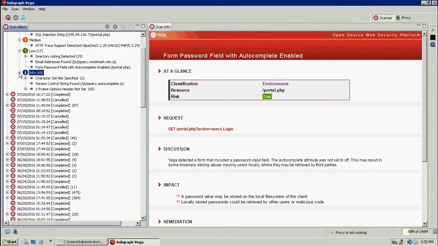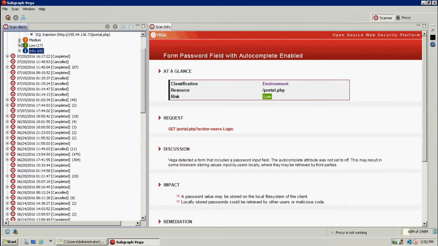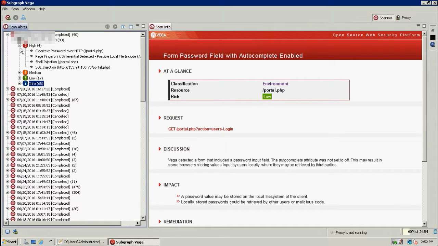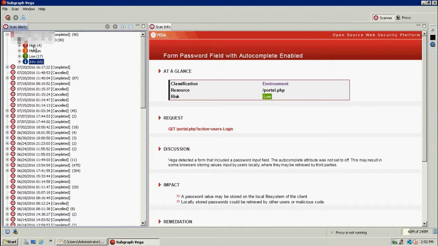And I personally feel the info is a much higher risk than any of the high risks mentioned above. Okay, so you can try it on your PC: download Vega and scan your system with it. That much is going on.